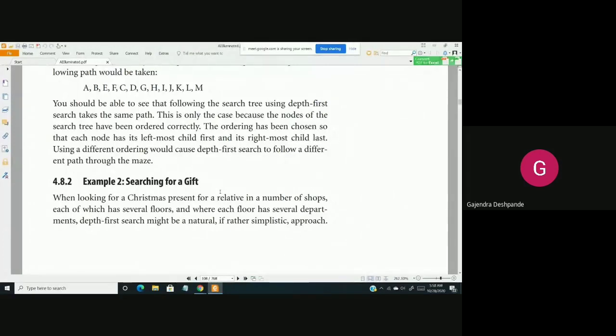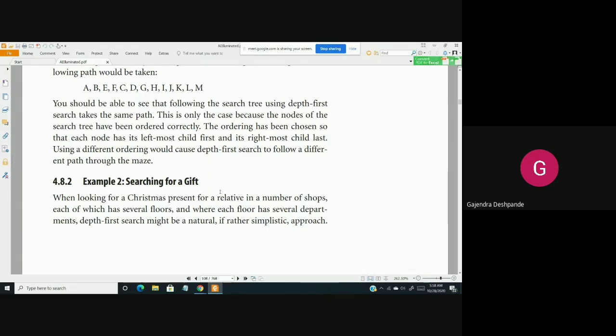Now if we use breadth first search here, then what I will do is go to shop 1. That means I will visit first floors of all shops first, then I will visit second floors of all shops, then I will visit third floors of all shops. Okay, it is a highly impractical example. We don't search floor by floor. Actually we finish shopping shop by shop. Okay, that is the depth first search.